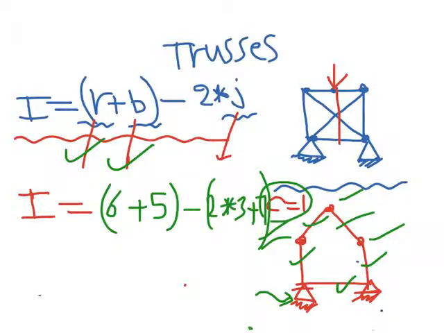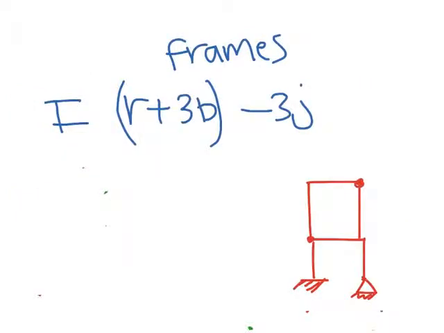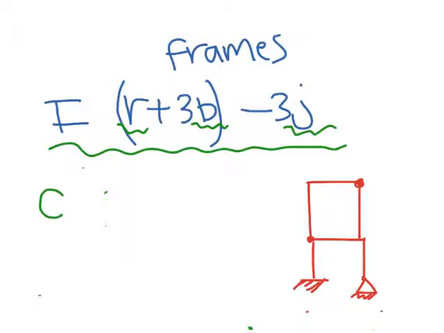Okay? Now we're going to talk about the last branch of our systems, which is the frame. The general equation of determinacy is I equals R plus 3B minus 3J. And as we said before, R stands for reactions, B stands for members, and J stands for joints. And we have a really important note here. To calculate C, it's equal to the number of members